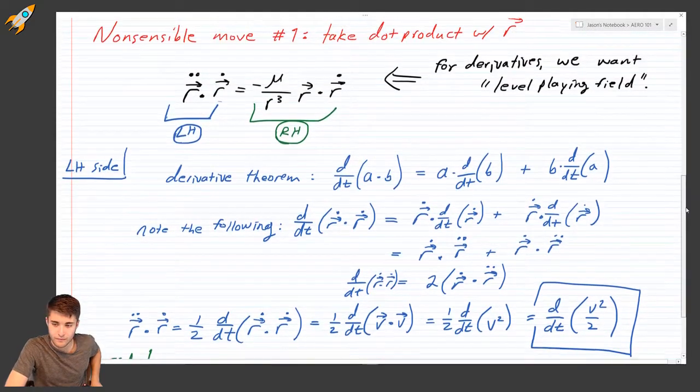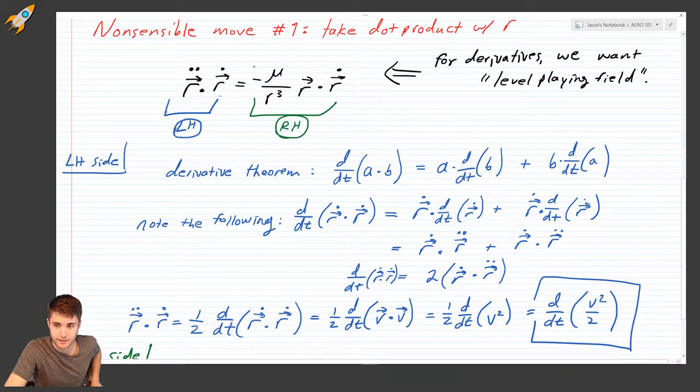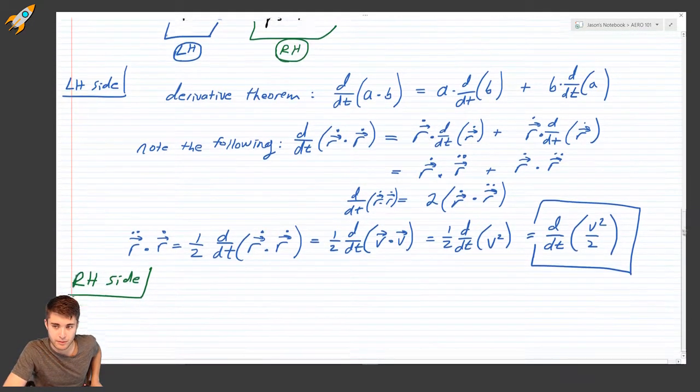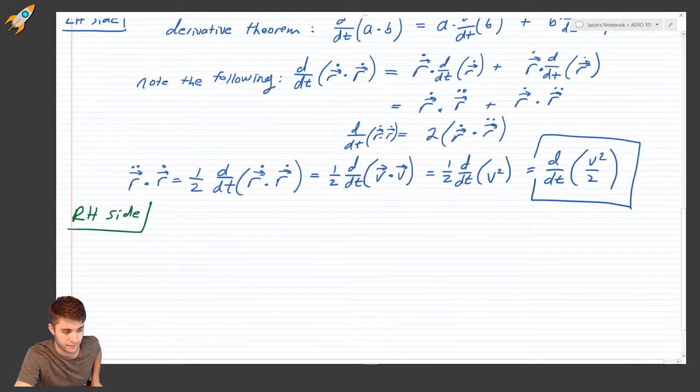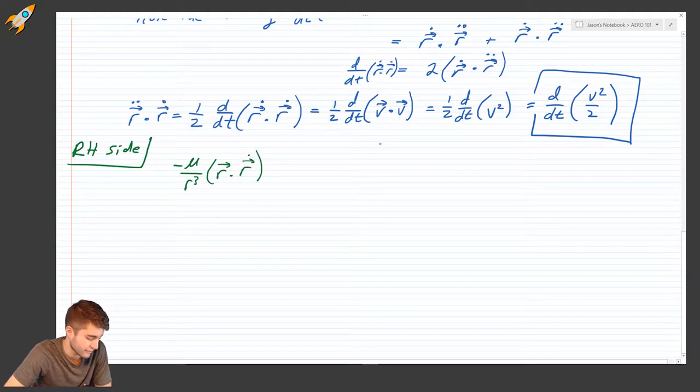Okay. Now the right-hand side is, so I'm going to copy it back down so we have it. It's this sucker right here. Negative mu over r cubed multiplied by the dot product of position and velocity. Okay, this is the right-hand side of the equation. And again, we know a few things, right? We know